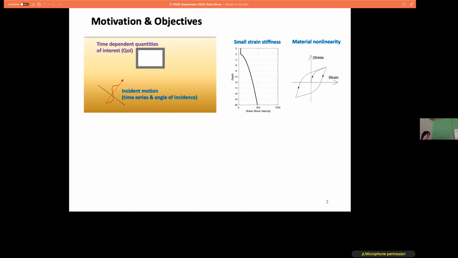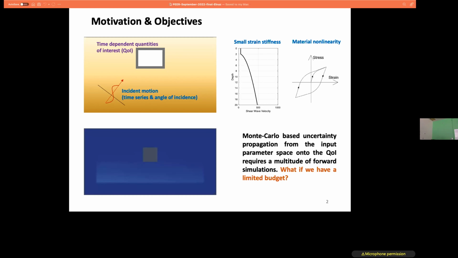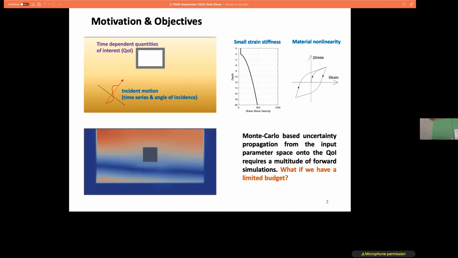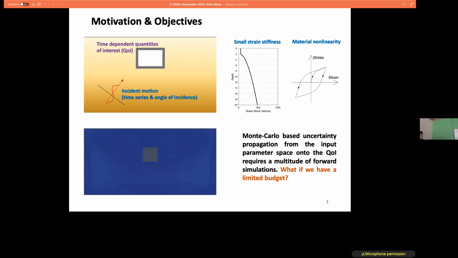And if we have unlimited resources for doing forward simulation of this problem using direct methods, and if our models are highly scalable, then probably we just go and do forward simulation using sampling-based approaches, and then see how these uncertainties project on our quantities of interest. That could be, for example, the time-dependent response of our structure or some other quantities.